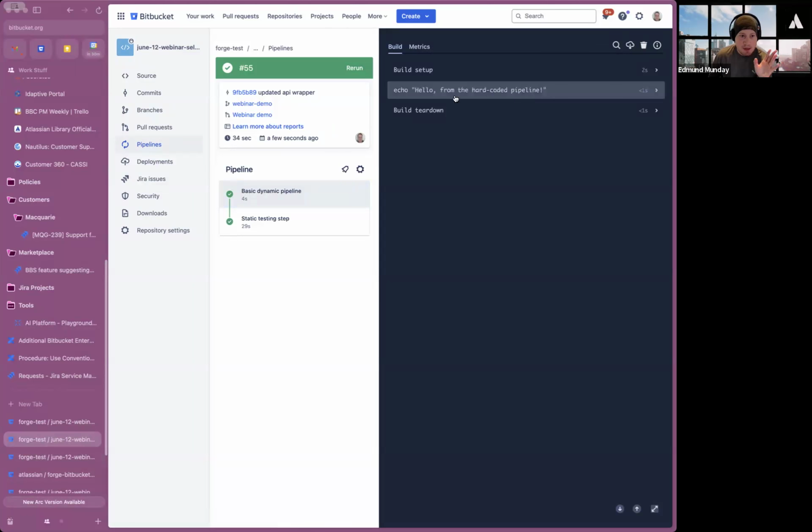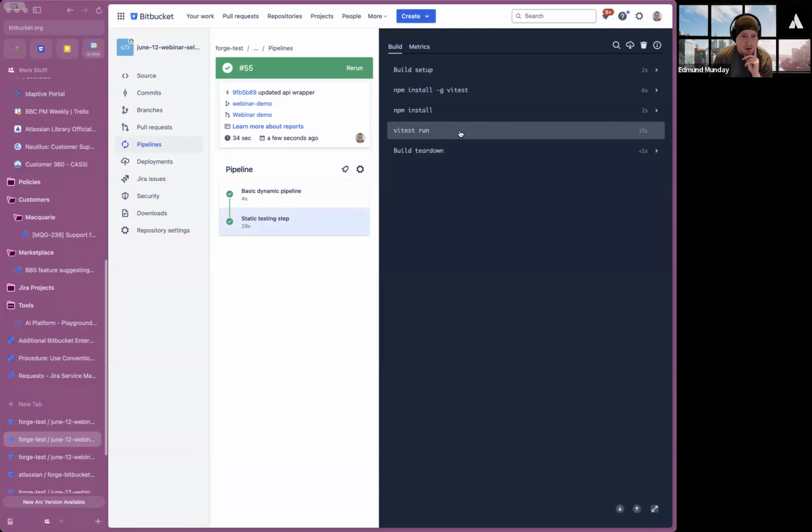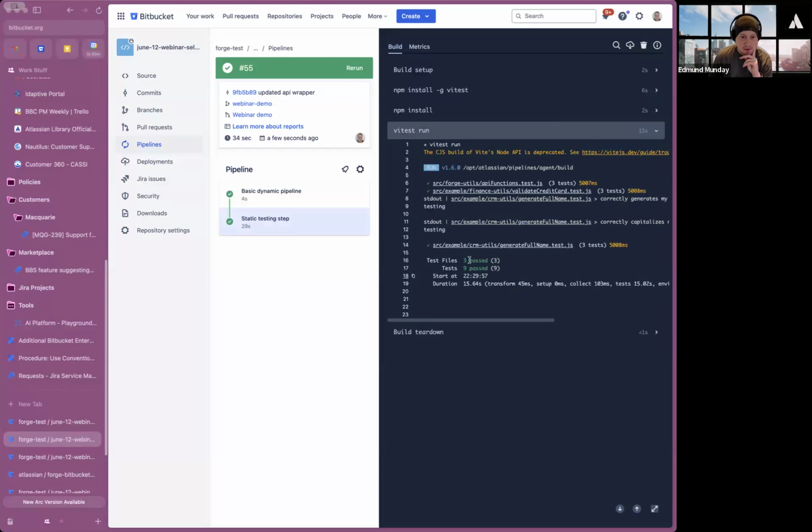So I have my standard step at the beginning, which says hello from the hard-coded pipeline. And then I have the static testing step, which does not dynamically generate tests. And it goes into vtest run. And you'll see here, it runs 9 total tests over 3 files, each of them having a 5-second sleep in it. And so what you see here basically is it's run all of the tests for the entire repo, which has